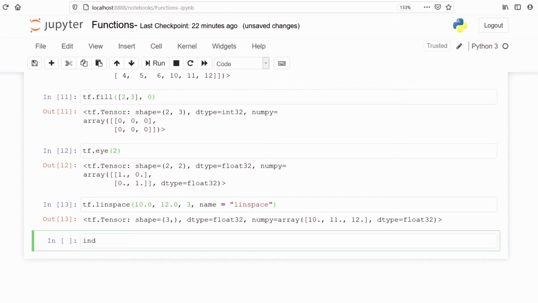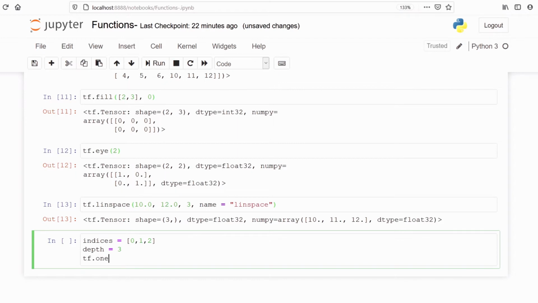We will make one variable indices where we will store 3 values 0, 1, 2. These are the 3 categories 0, 1, 2. And we will make one more variable depth. We will give the number 3 because we have 3 categories.